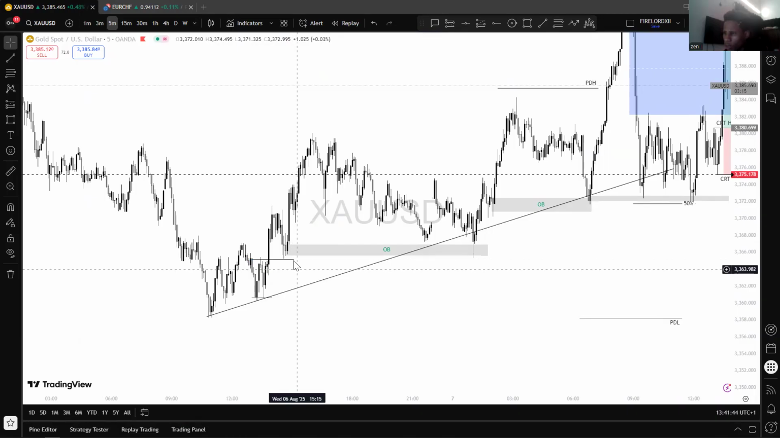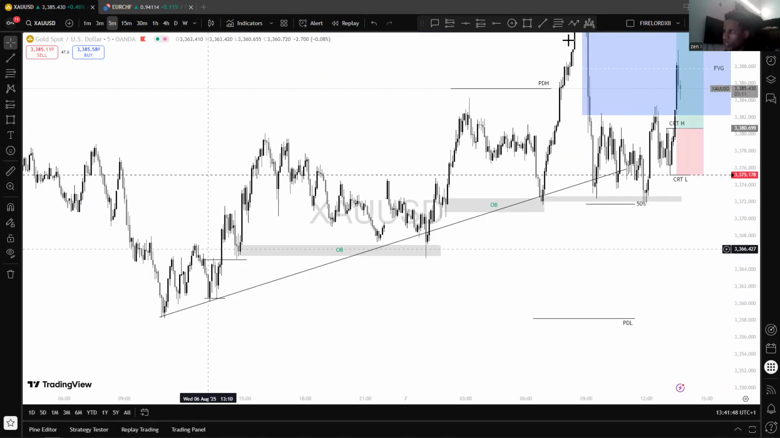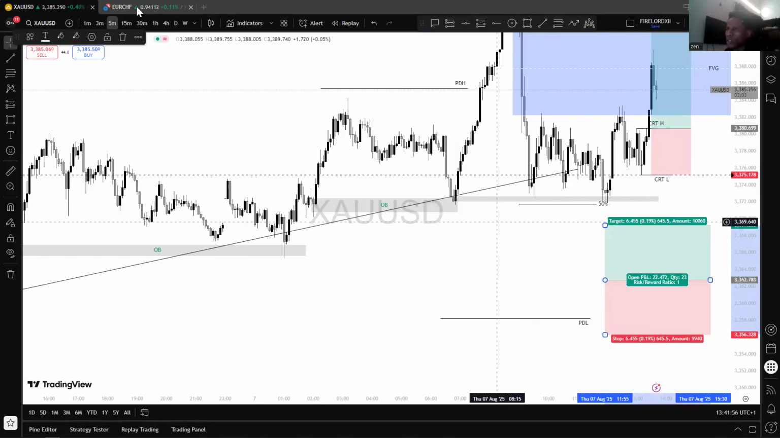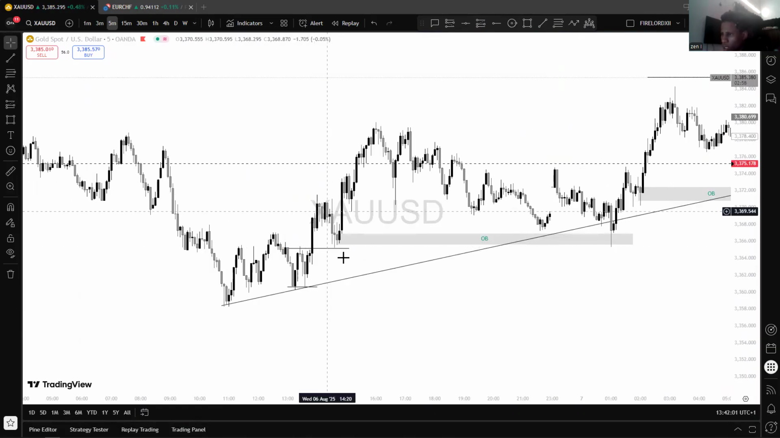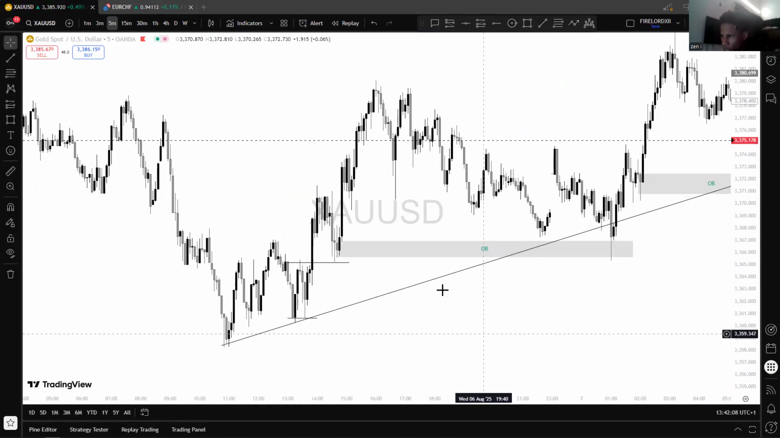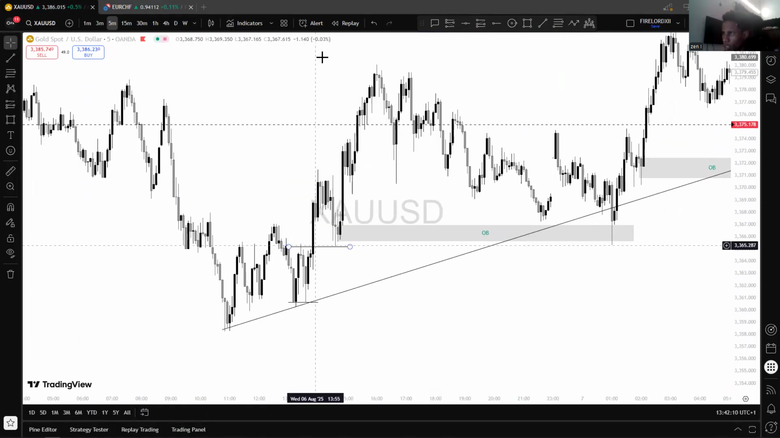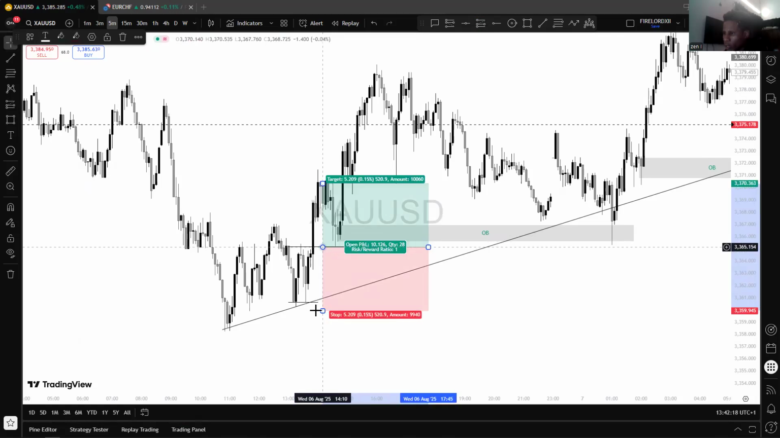Price came back to it and delivered. Price came back to range high. Here, as you can see, price came back to range high. So you could see the breakout at this point. Price rallied back to range high. So it worked on Wednesday. The breakout and then price came back to range high. SL